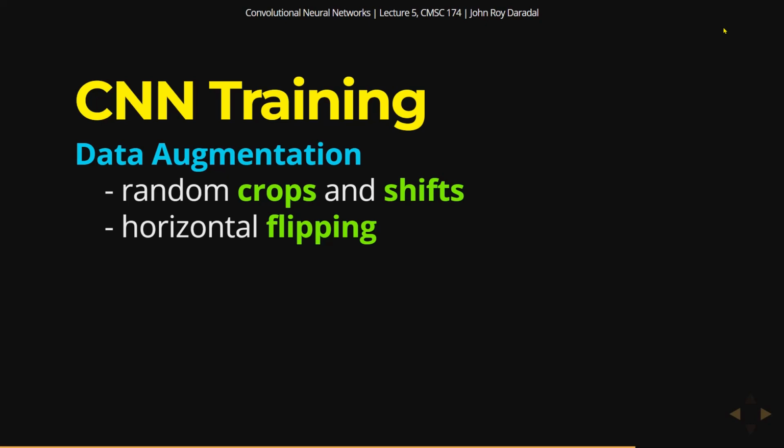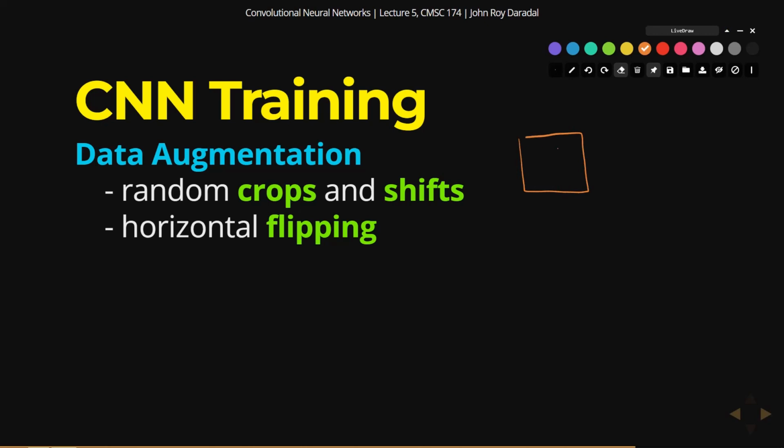Because if you flip, let's say it's a guitar, and then you flip it horizontally, then the guitar is mirrored, right? But then it looks the same to you, only flipped, but for the computer this is already a bunch of different numbers, right? If we flip it. So that's also a good augmentation technique,